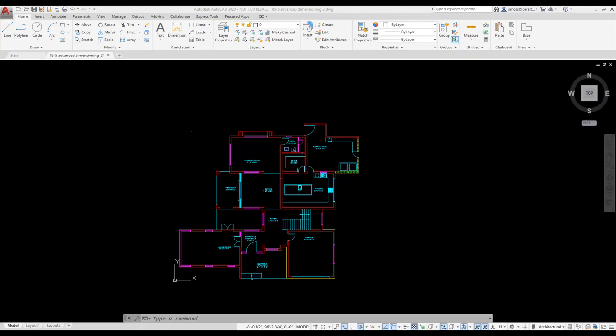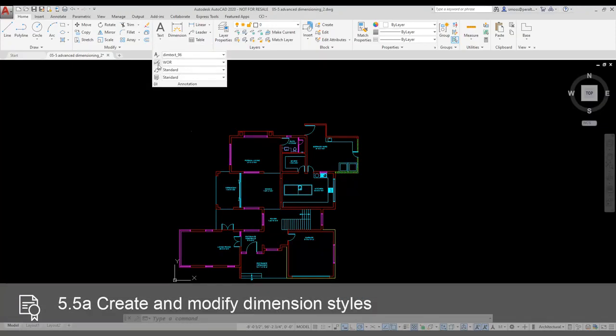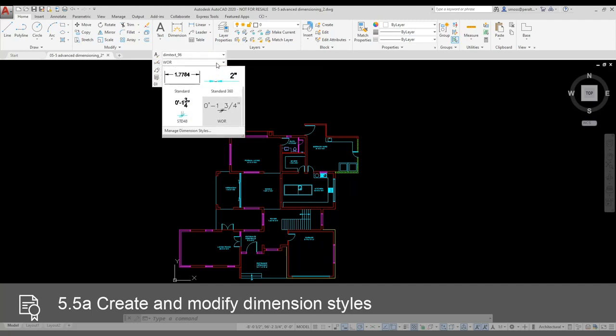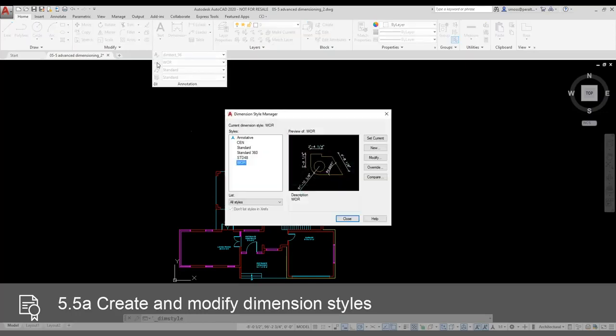We define a dimension style by going to the Annotation panel on the Home tab. Just expand the panel down and you can see the Dimension Style tool. The drop-down list next to the dimension style shows the dimension styles available in the drawing. I'm going to select the Dim Style icon. I click the New button. I'm going to name my new style